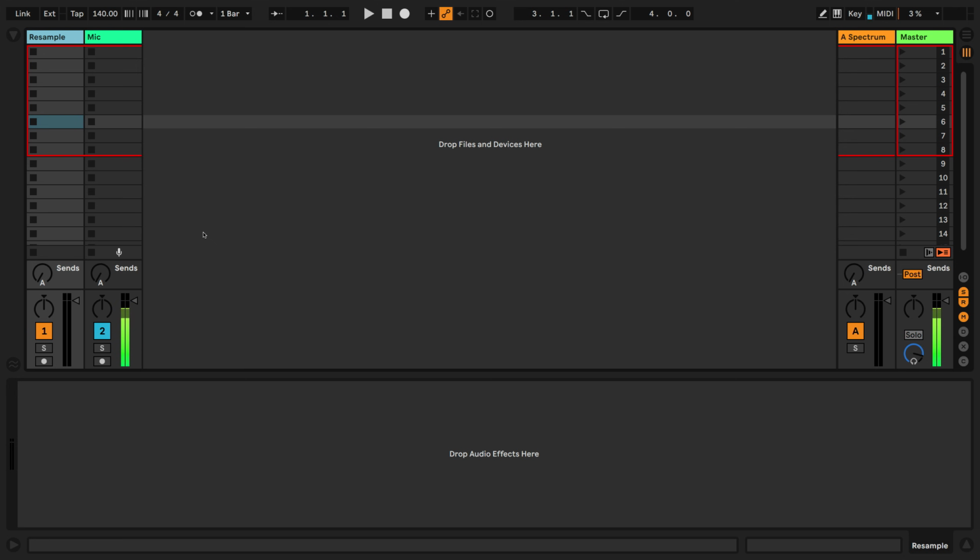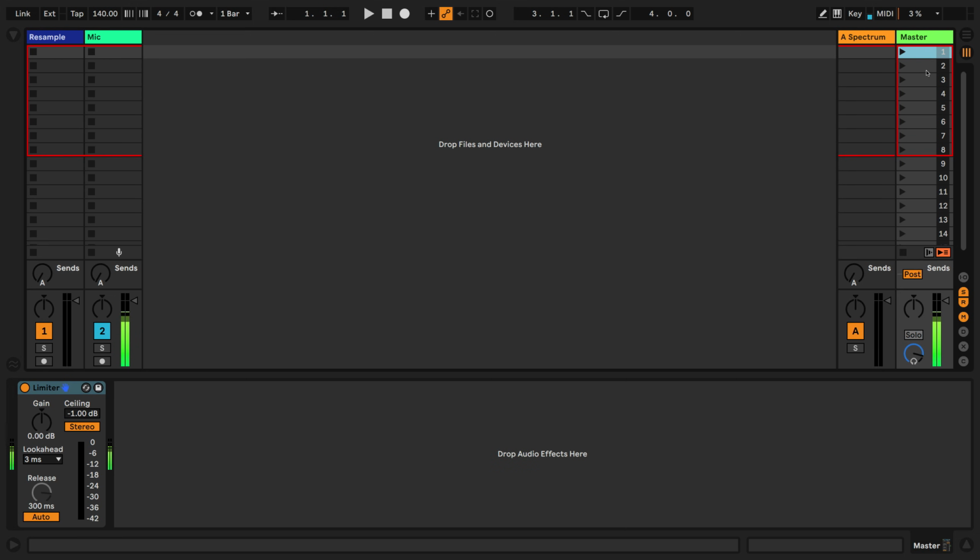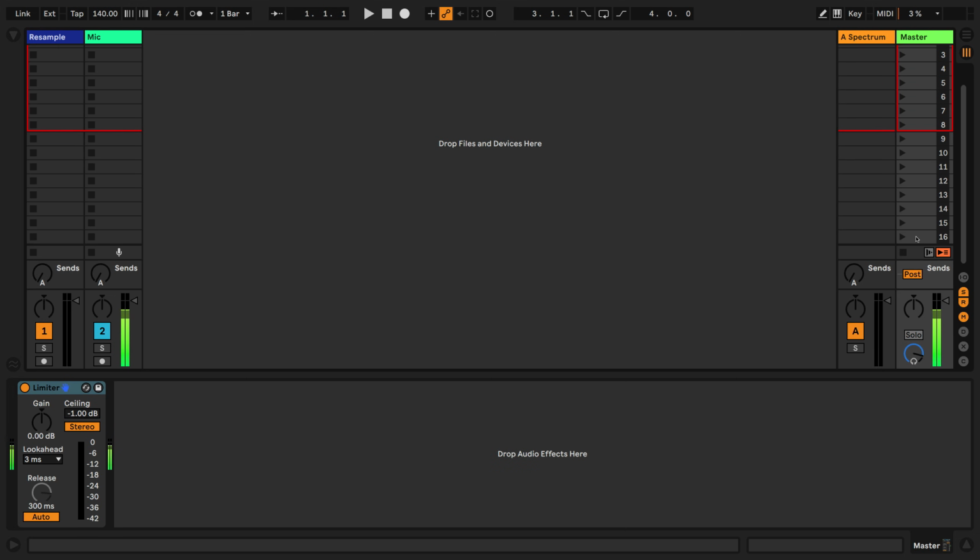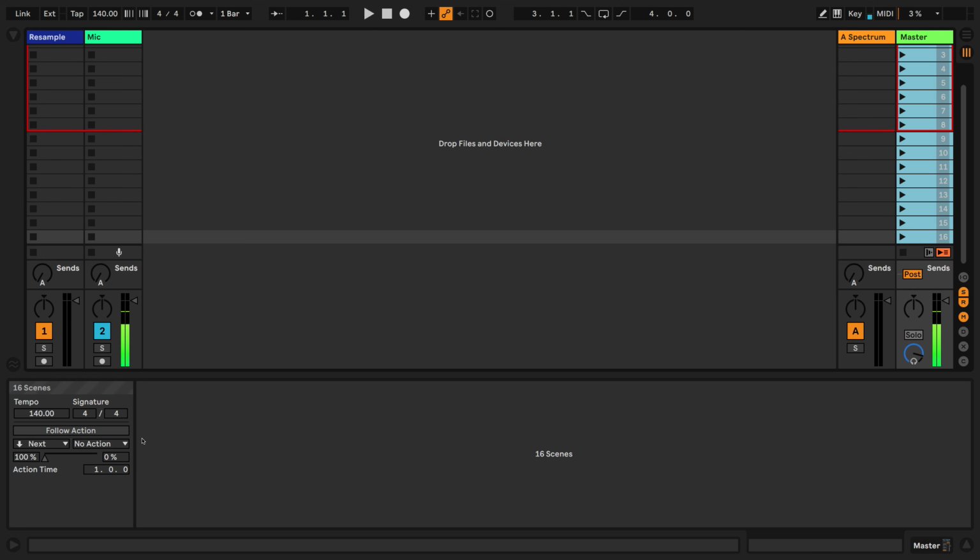I'm going to do it all in Ableton's session view, and I'm going to experiment with some of the new follow action features available on the master scenes. So if you select your master scenes and go down here, we have follow actions on the master scenes now. This is very interesting. So this is obviously going to be very useful for triggering scenes in the session view, but you can also get it to do other things as well,